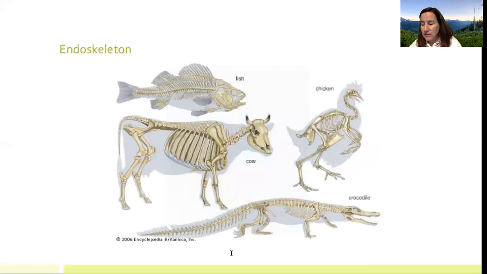We think the first endoskeleton was probably cartilage because it's lighter weight, and it's easy to fix and repair, and it's very, very flexible. Some cartilage is more flexible than others. Everything has some kind of endoskeleton. If you are a vertebrate, you're going to have an endoskeleton. So again, it could be cartilage. If you are a chondrichthyes, a cartilaginous fish like sharks or rays, it's cartilage. If you are an osteichthyes, you're a bony fish. If you are a mammal, you have a bony endoskeleton